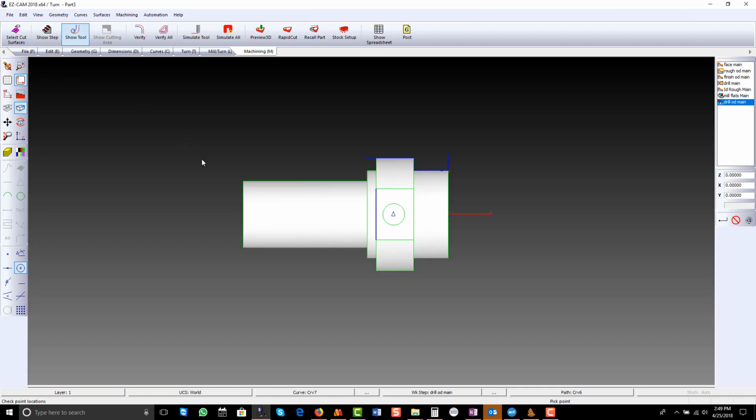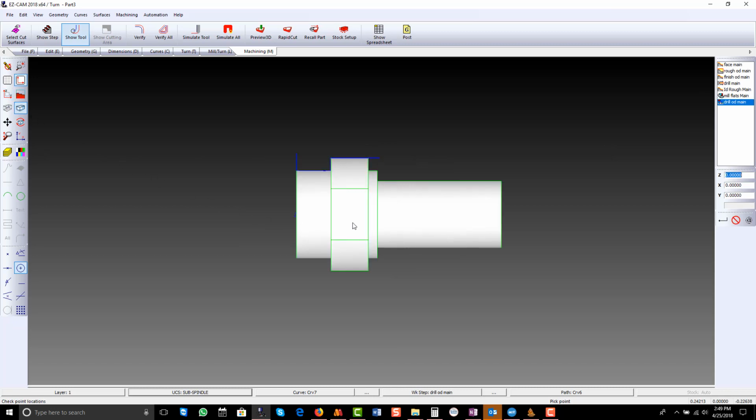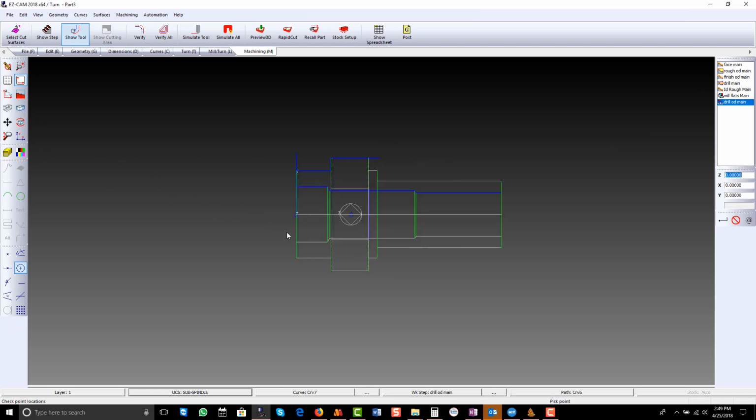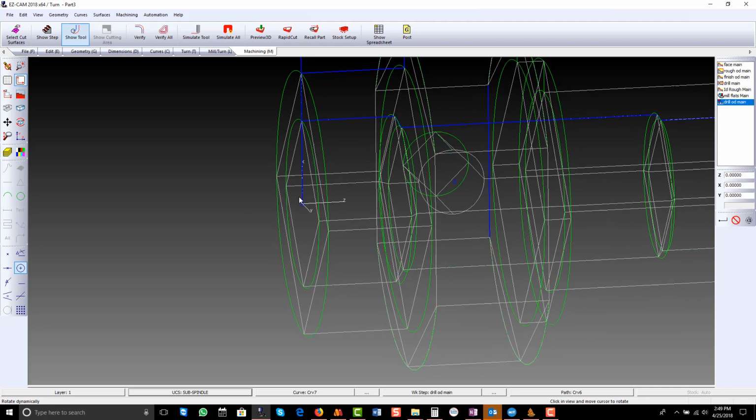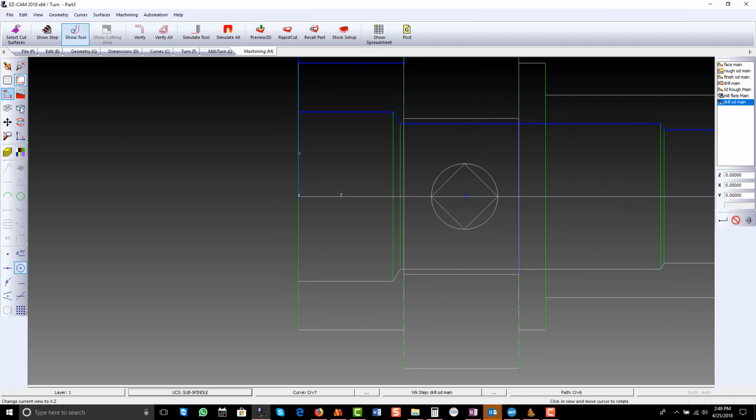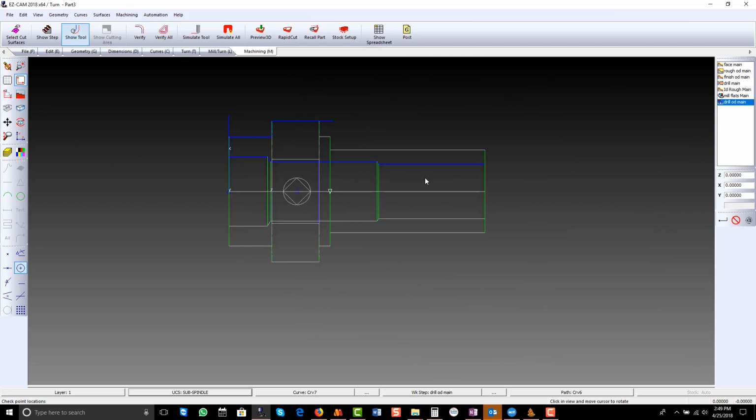Okay, to work in the sub, we go down to the status area. You've got UCS World, click on that. Come over to the list box and pick sub spindle. Top view. Okay, if we turn the shading off, you can see our coordinate system is right here on the left side of the part. We just want to transfer it over to the